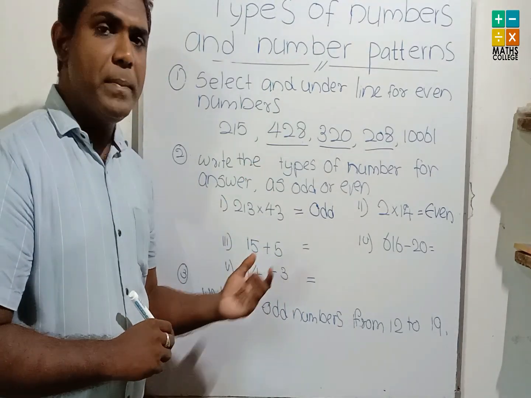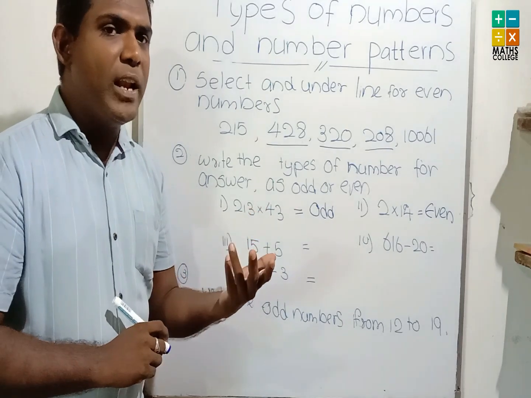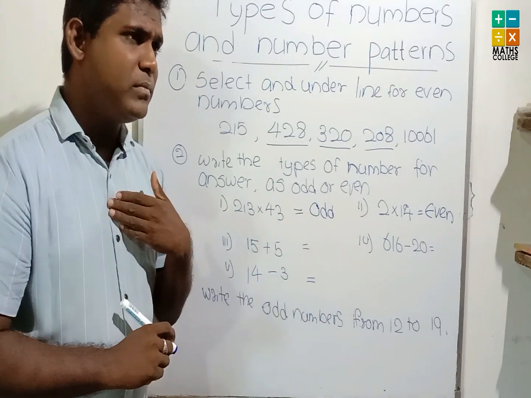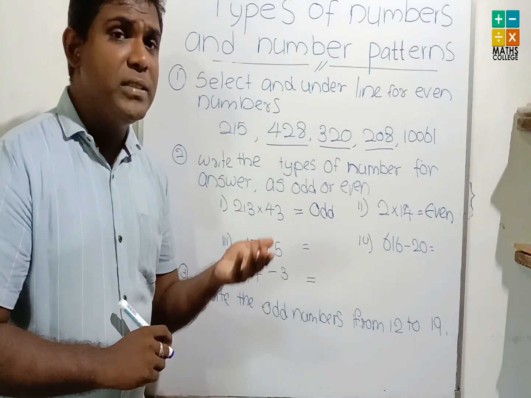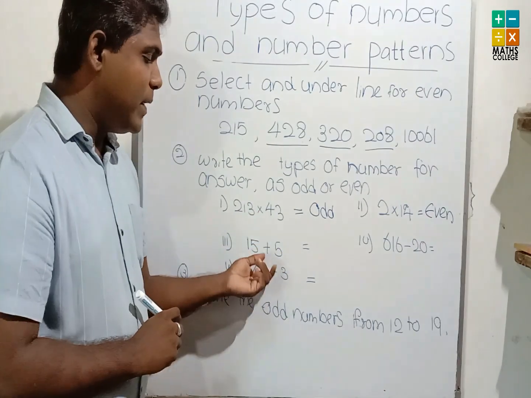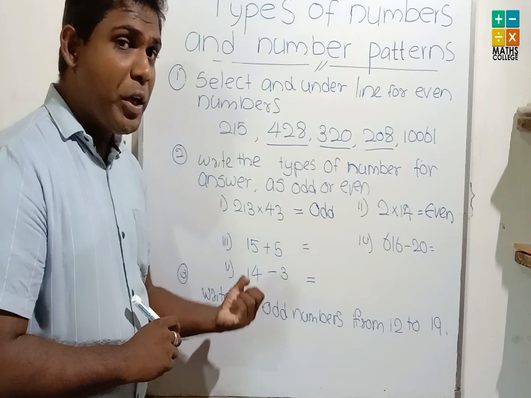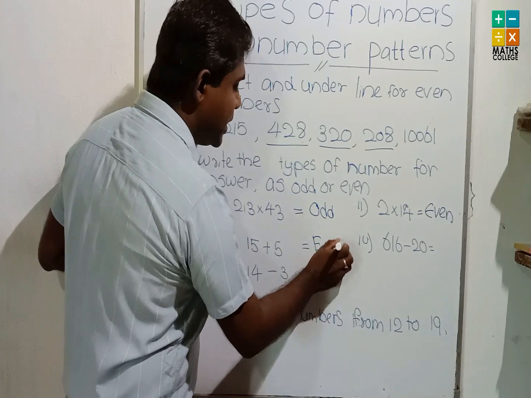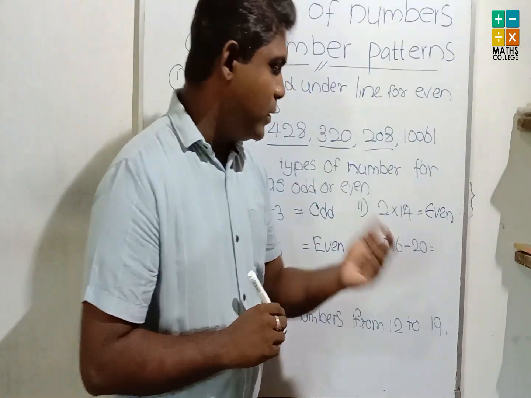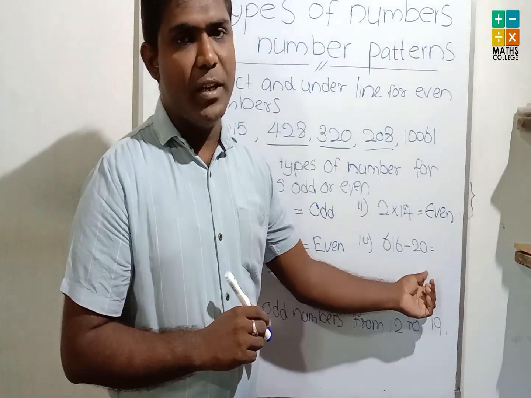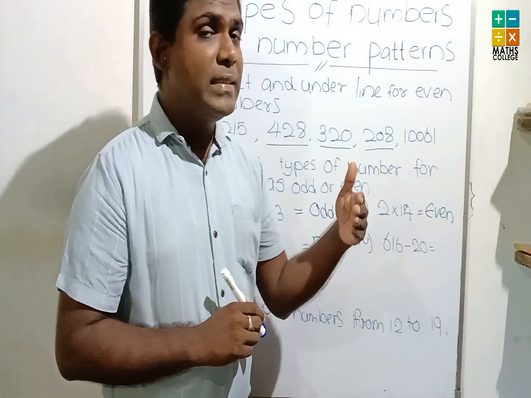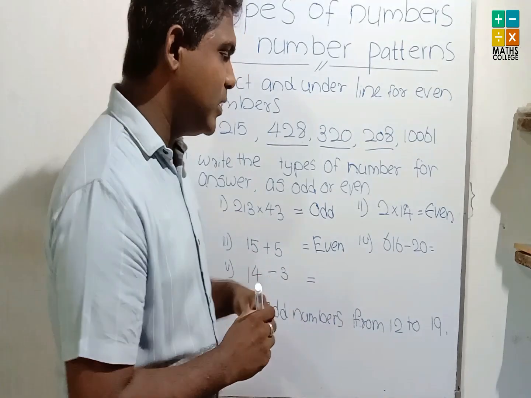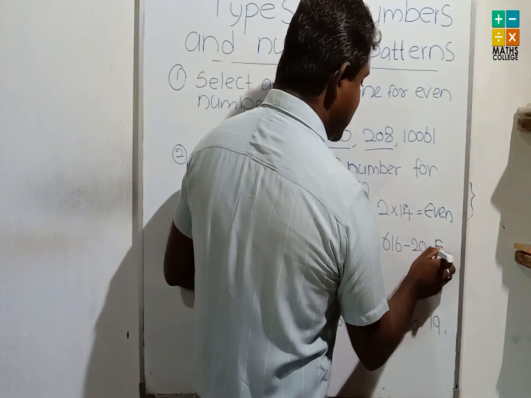Okay. Then adding odd numbers, sorry, you can consider your known values. 3 and 3, 3 addition 3 is 6. When 1 and 3, 1 addition 3 is 4. Even numbers, no? Therefore, adding two odd numbers, the answer is even. Okay? Next, an even number subtraction an even number. You can consider your known even numbers, 6 subtraction 2. The answer is 4. For the same reason, the answer is even.